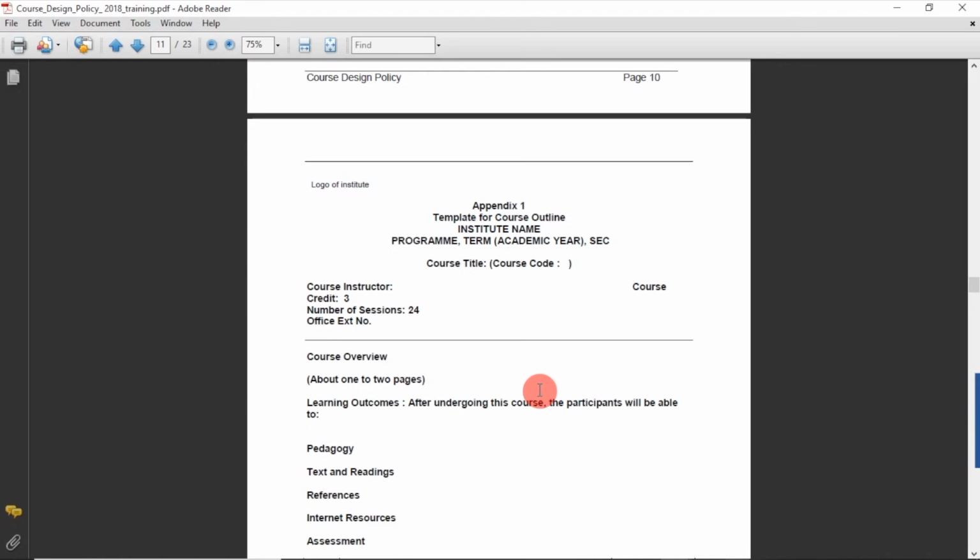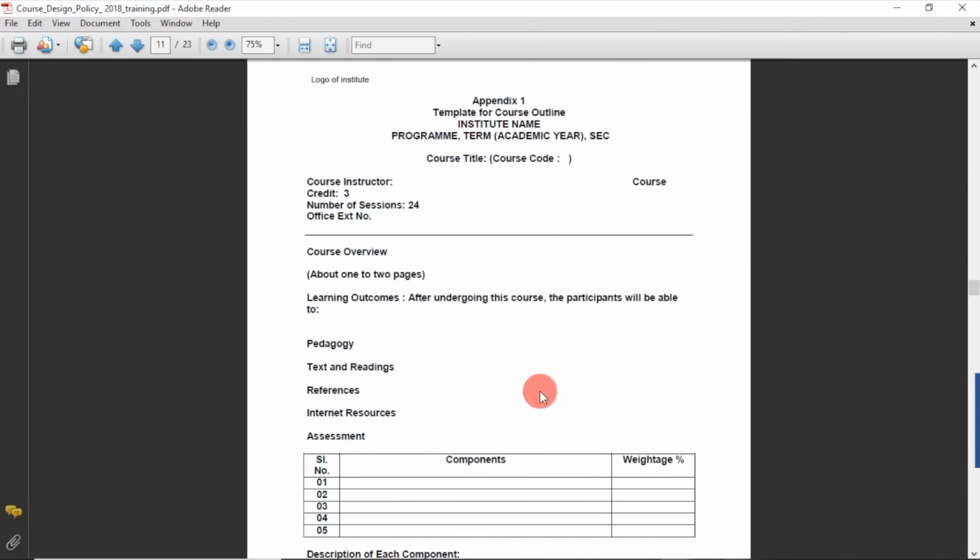We cannot say that it is not in the syllabus and therefore we have not covered it. As teachers we can always develop a course outline which is over and above the syllabus given by the university, and add a few more topics which we think are important for the student from the present day context.